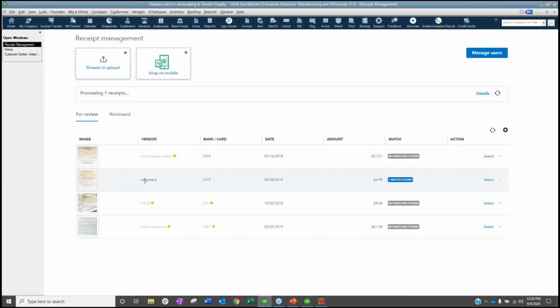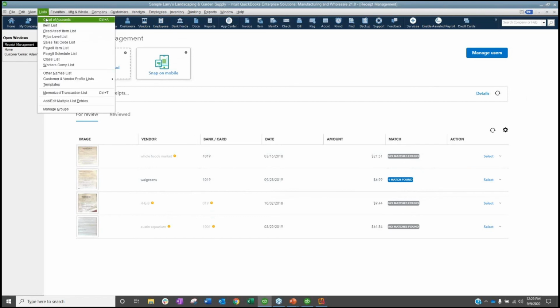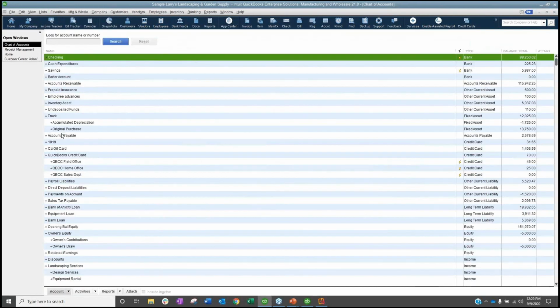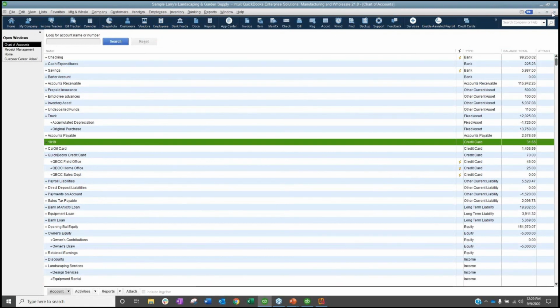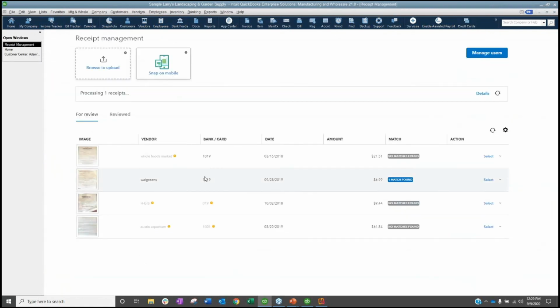It will recognize the bank card number. Again, however, it's a little bit funky currently with the fact that the bank card number has to be the name of the account. If I had Amex in there, it would not pick it up. And notice that this receipt did pick up 1019, right? So it just didn't recognize that 1019 and 019 are the same thing. Just little quirkinesses, but I'm just going to say that this is amazing. Picks up my date accurately, picks up the total amount found. In this case, I actually have scanned this receipt 90 times probably for this webinar, so it finds a match.